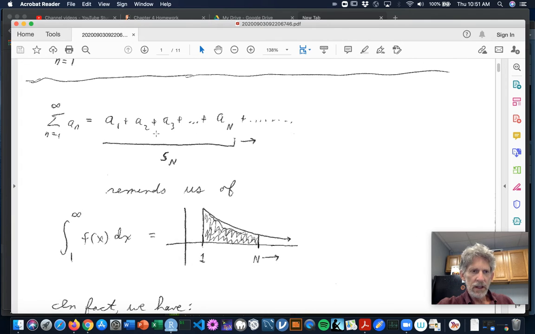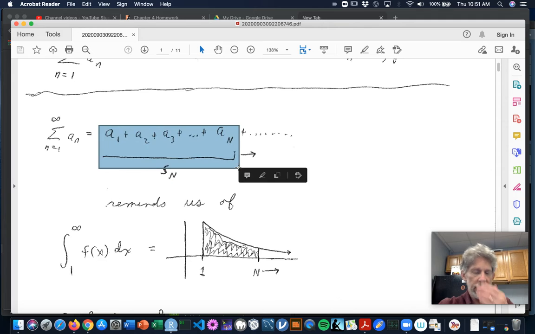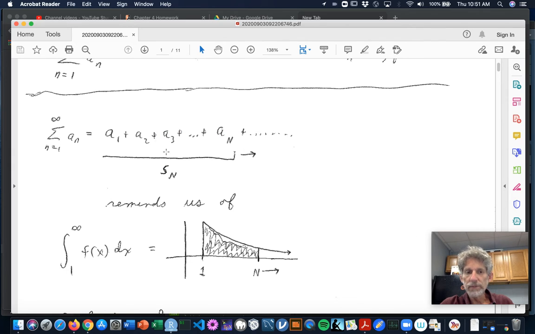Now, when we've looked at infinite series, I think you've probably noticed there's a similarity between infinite series and improper integrals. When you're looking at an infinite series, you are looking at a limit of partial sums. You're saying, I'm going to add up the terms of the series from a1 up to an. I'm going to stop there. But then I'm going to imagine that capital N gets bigger and bigger so that I'm adding up more and more terms, and I'm going to look at that limit.